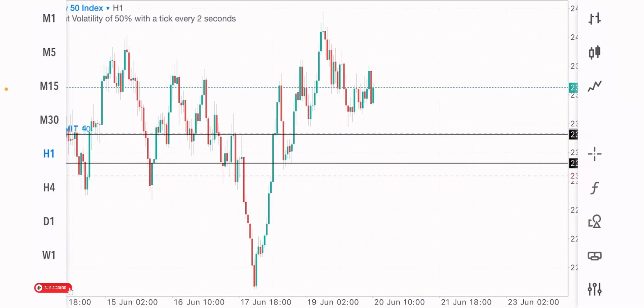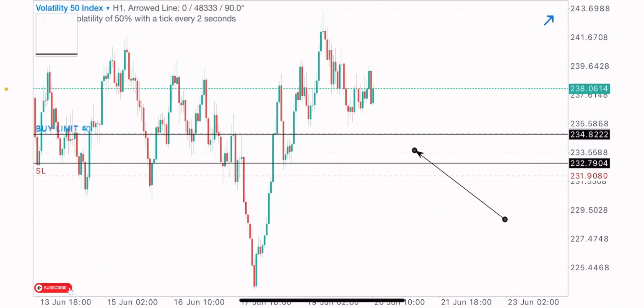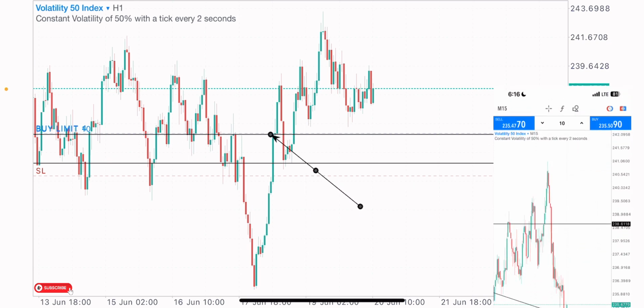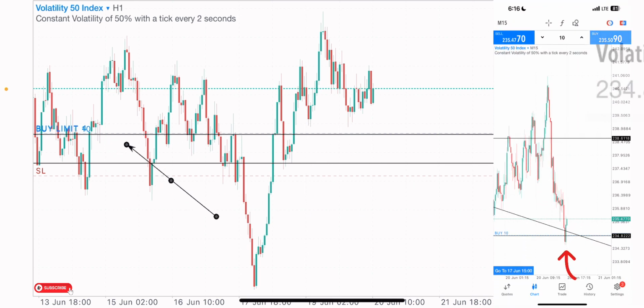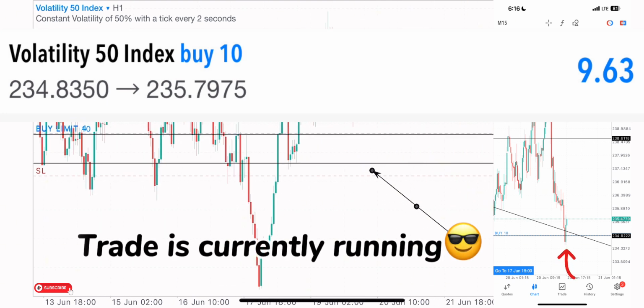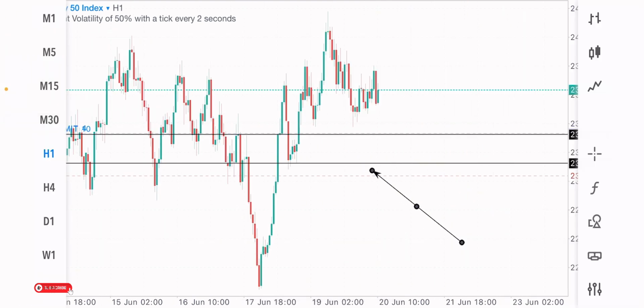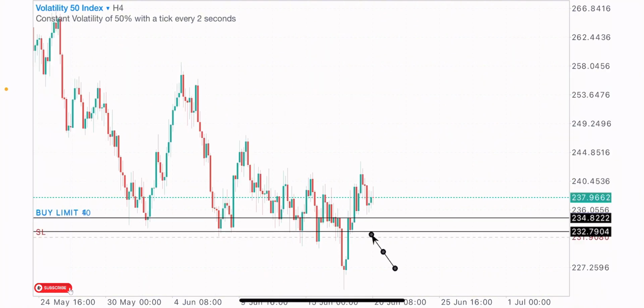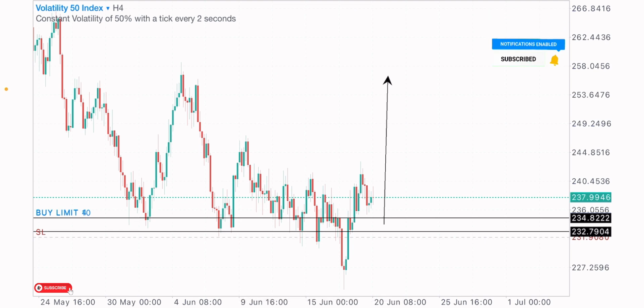So I'm looking to buy Volatility 50 Index at this point. As you can see, I have my limit order set already. I have about 3 limit orders set on my buy zone. So what's my analysis, what's my view, and why am I looking to buy this index from this level? I'm looking out for the buy opportunities from this point. I'm expecting long-term buys on this index in the coming hours and days.